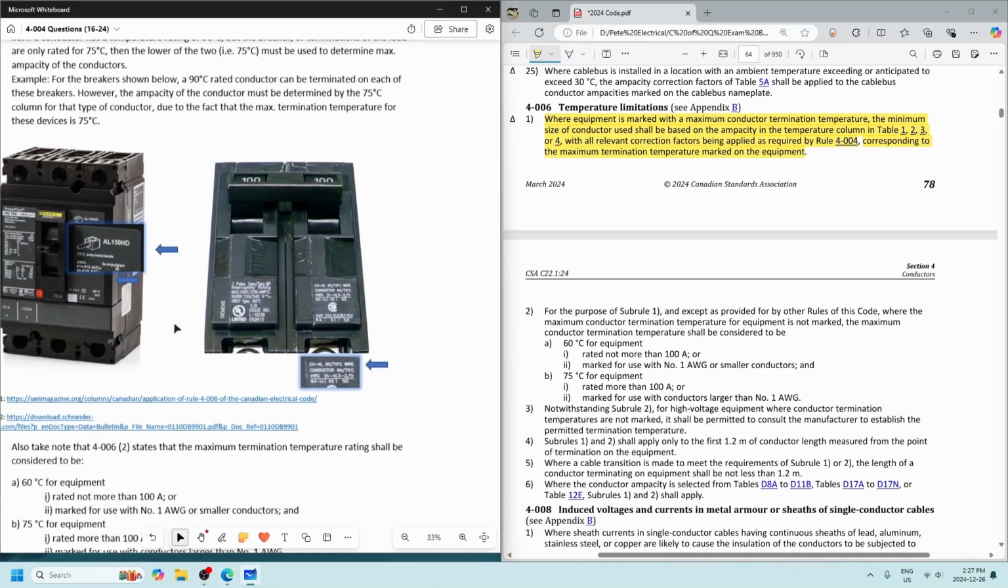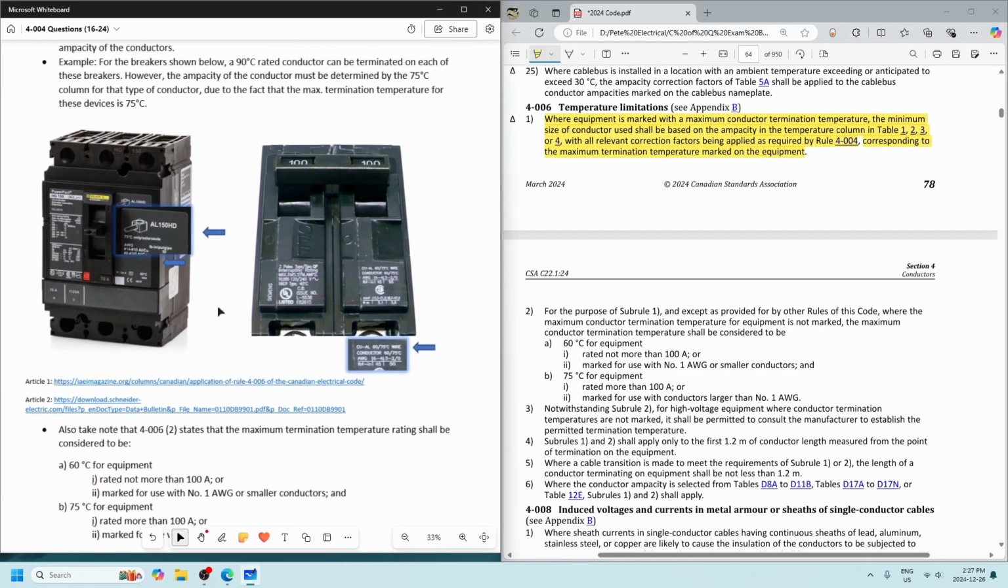With these guys, you can see, I don't know if you can make it out here, that this breaker right here is only good for 75 degrees. So these terminals here on the line and load side of our breaker are only good for 75 degrees. So it doesn't matter if we fed it with a 90-degree conductor. This is now going to take precedence